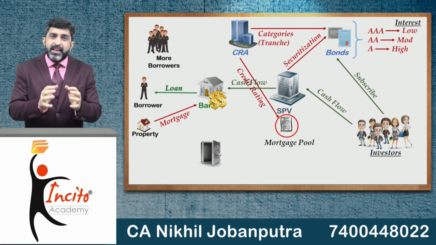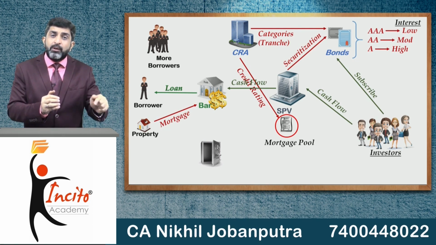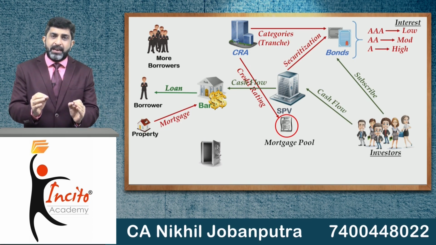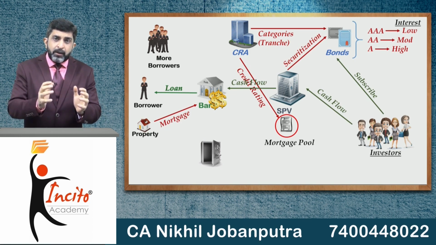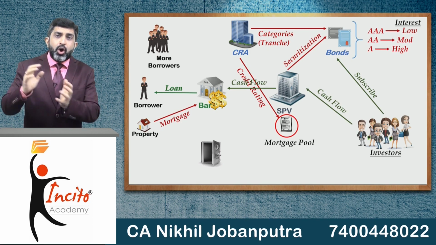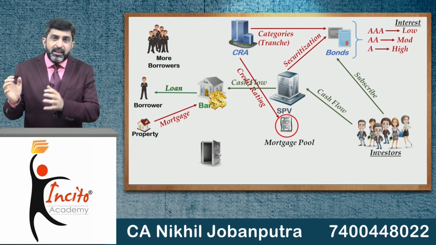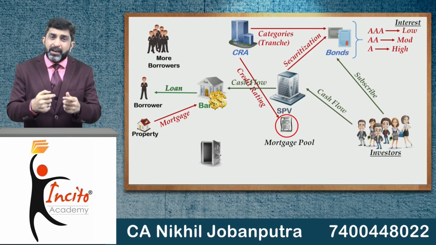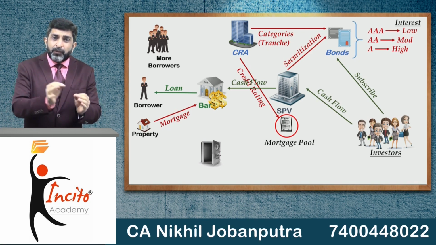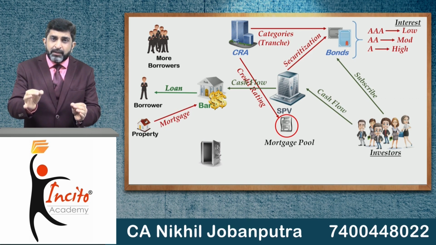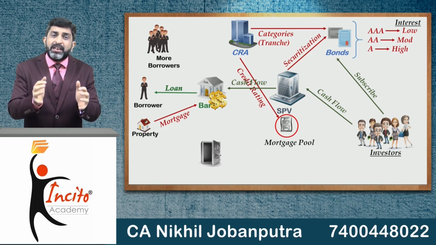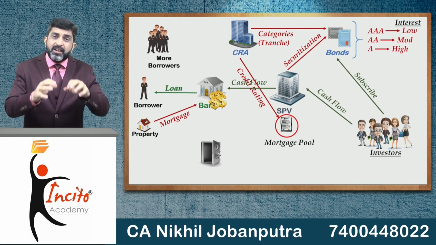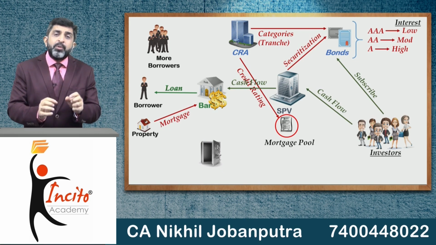On the other side, SPV will get this money from the investors at 6% per annum. Now this money will be passed on to the bank at a little higher rate, maybe say 9% per annum. So the differential between 6% and 9%, that interest rate differential will be the gross earnings for this SPV, and